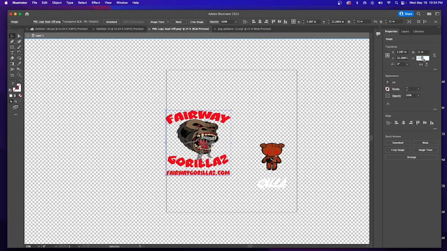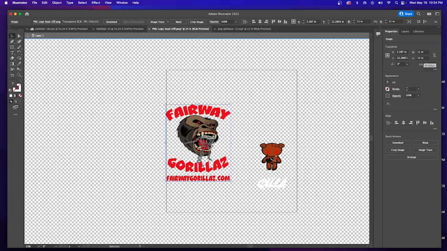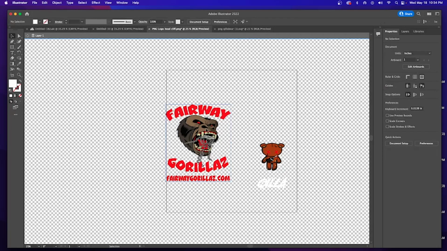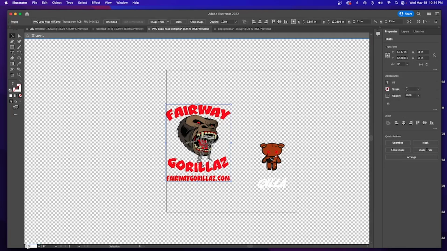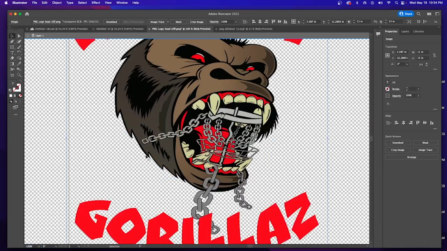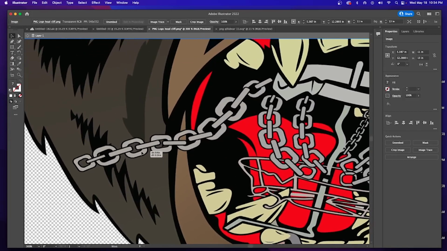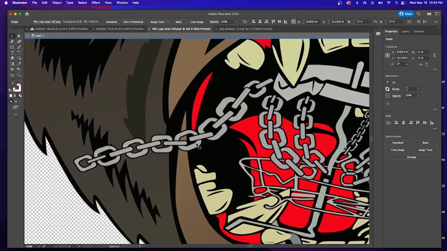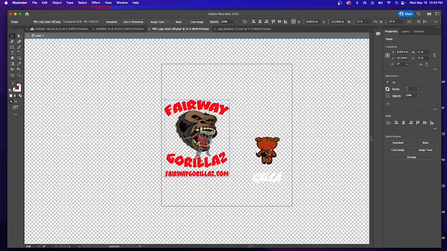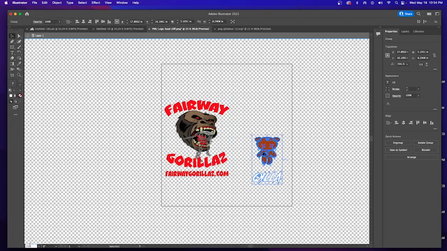Well, we'll make it 13. We'll say, oh, that's in proportion. So 11 by 13. And now whenever we zoom in, it still looks good because, again, this is a vectored image, but we've just distorted it a little bit. So it's 300. See right there in these little spots. I don't know if you guys can see it on camera, but it's just a little distortion, and that's what happens with a PNG. Whereas a vectored file, no matter what we do,